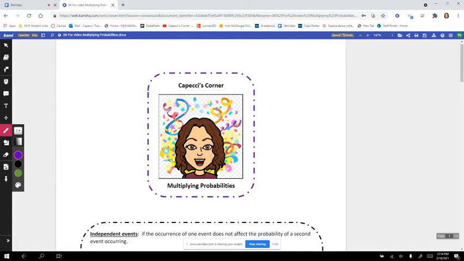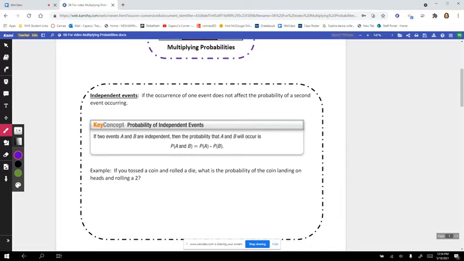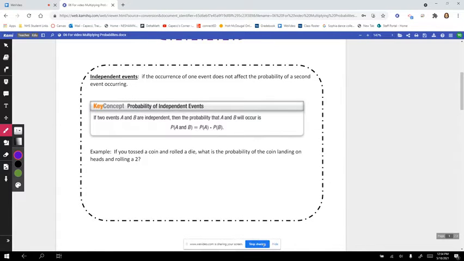Today in Apache's Corner, we're going to look at multiplying probabilities. We're first going to look at independent events, and this occurs if one event does not affect the probability of a second event occurring. For instance, if we're tossing a coin and then rolling a die, one has nothing to do with the other. So we want to know the probability of the coin landing on heads and then also rolling a 2. Well, if we're flipping a coin and the probability of getting a heads is 1/2,